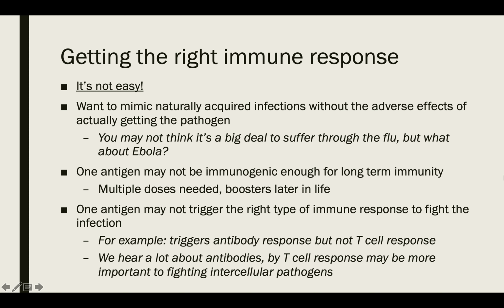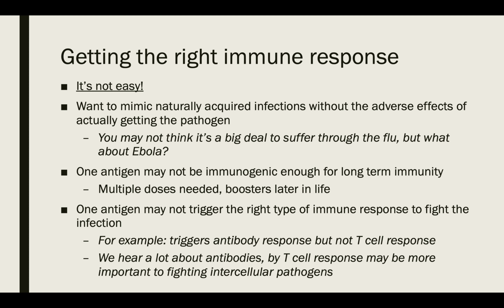So in that exploratory phase, they're going through all the antigens, and they have to identify them, and they have to figure out, are they immunogenic enough? Do they create long-term immunity? Does it create the right type of immunity? So, for example, if it triggers an antibody response but not a T cell response, it might not be effective